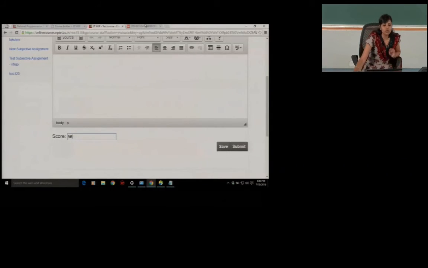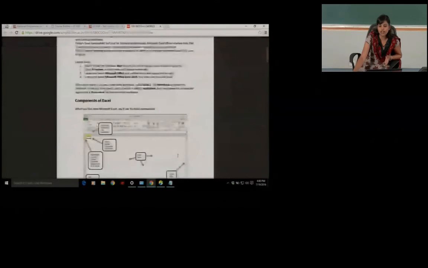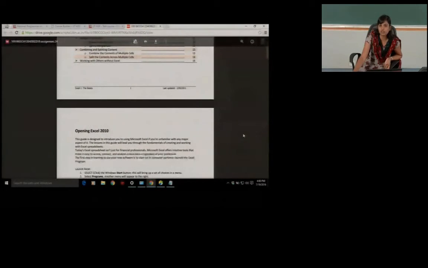So this is the way you will be creating a subjective assignment and evaluating it. Once you share everything correctly, it will be an easy process for you to evaluate and track the assignments. So don't allow email submissions alone from the students. If you have any doubt, please ask me.